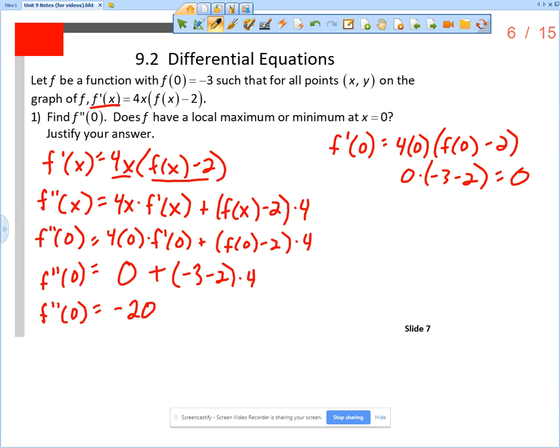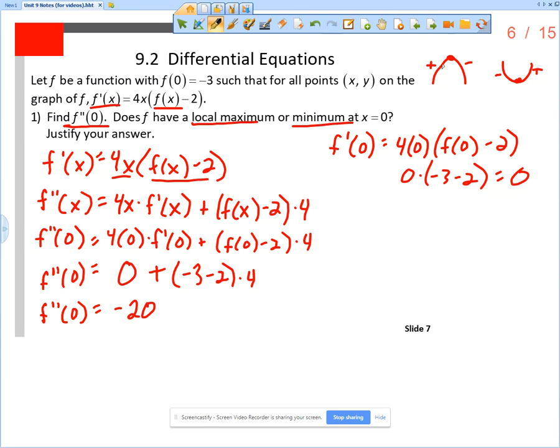All right, so we want to go back to unit 4. You were just told to find f double prime, but now you're asking about a local min or local max. All right, so let's remind ourselves. Local max could look like this, right? Derivative goes from positive to negative. Local min could look like this. Derivative goes from negative to positive. All right, but here's the problem. I don't know enough information in order to do a sign analysis of the derivative